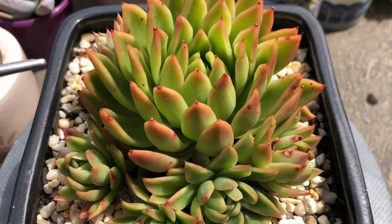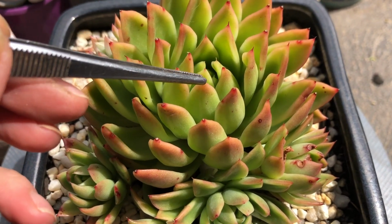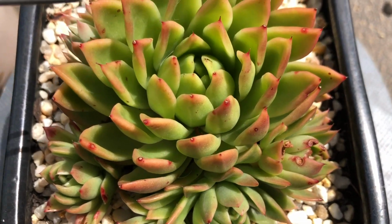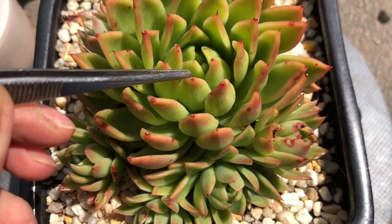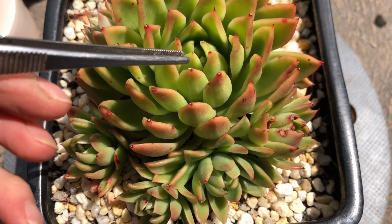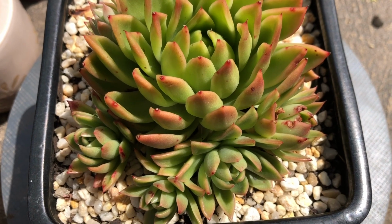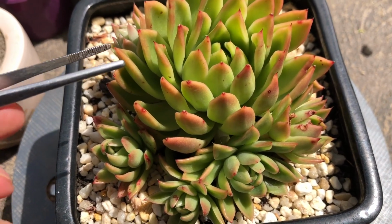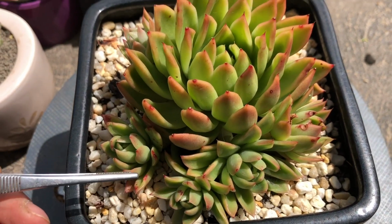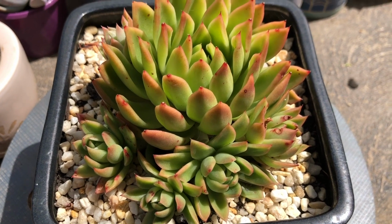So I woke up one morning and there was caterpillar damage, quite severe in the middle. So I decided to remove the center point. For those who don't know, the center point is where the new growth happens. So when you remove that, it forces the plant to offset new pups. It's the same principle with beheadings. So I took that out, I removed its lower offsets, and it took about a month, and